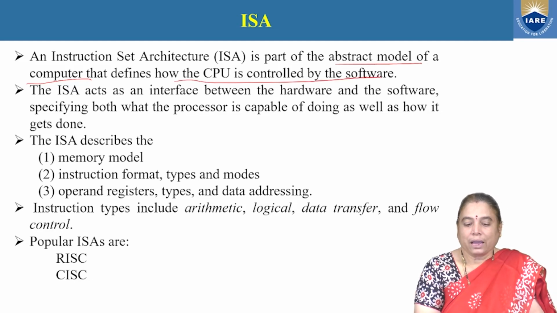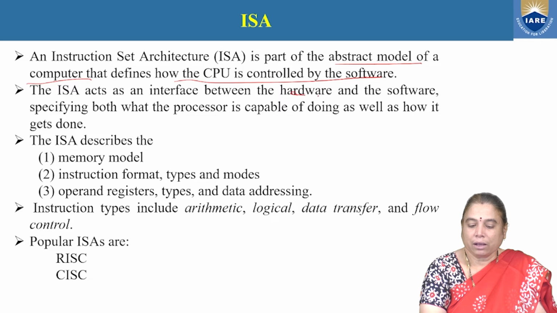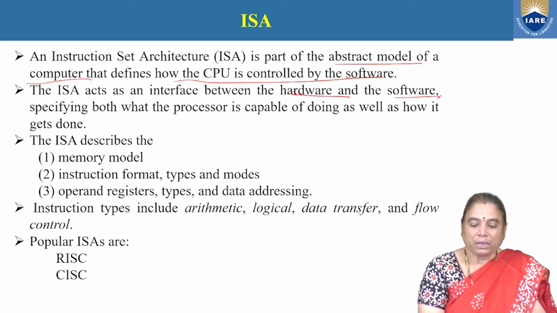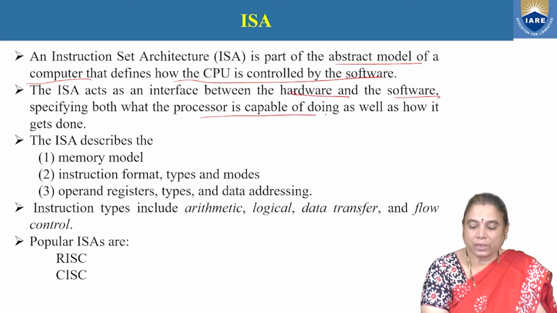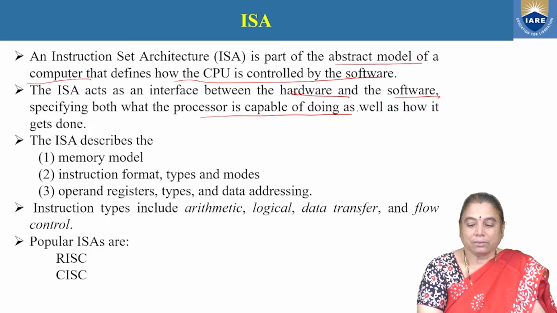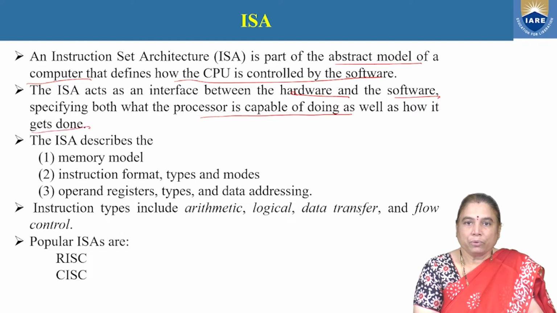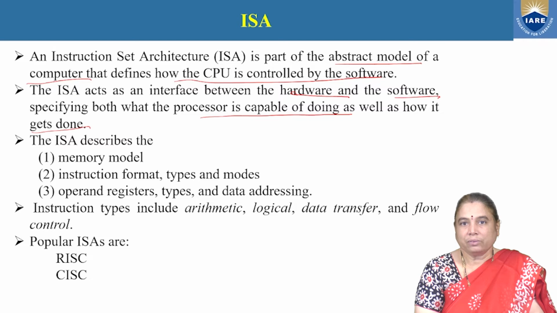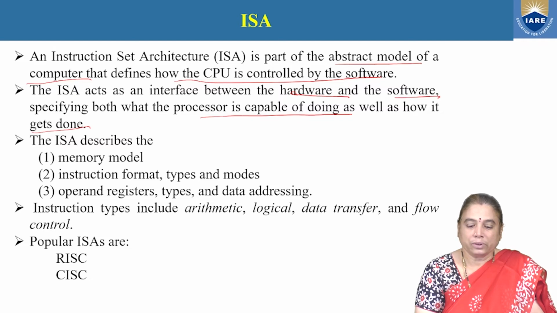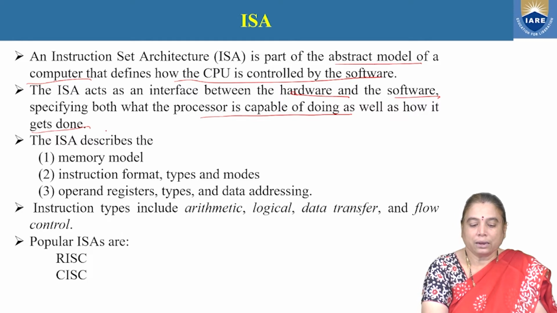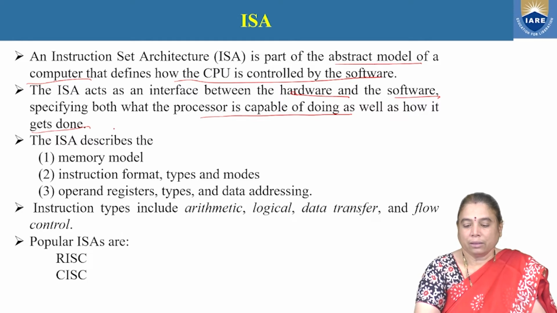So ISA acts as an interface between hardware and software by specifying both what the processor is capable of doing as well as how it gets done. So here the CPU task has to be instantiated with the microinstructions. So what the CPU is capable of doing and how it gets done has to be controlled